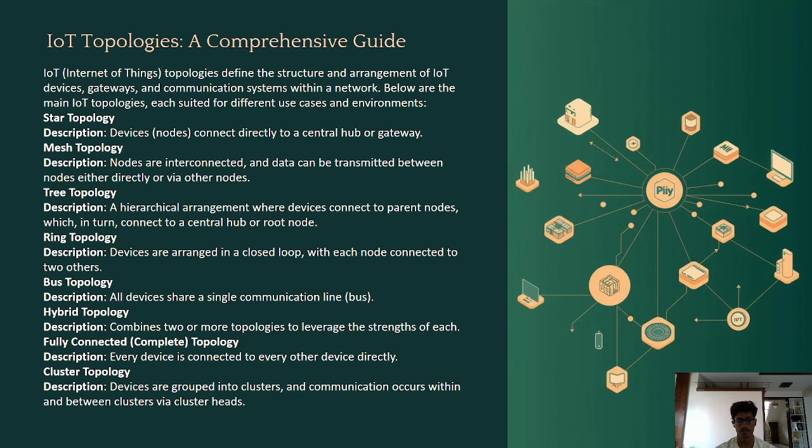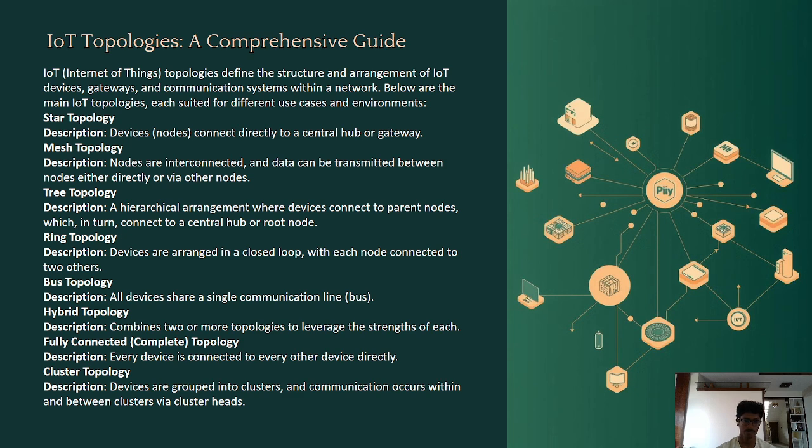So there are basically 8 topologies, namely star topology, where devices and nodes are connected to a central hub, where there can be many devices, all converging at one point, which is your central hub. Mesh topology is where nodes are interconnected and data can be transferred between the nodes either directly or via other nodes. Nodes are connected to each other and the communication happens between the nodes, and there is no central